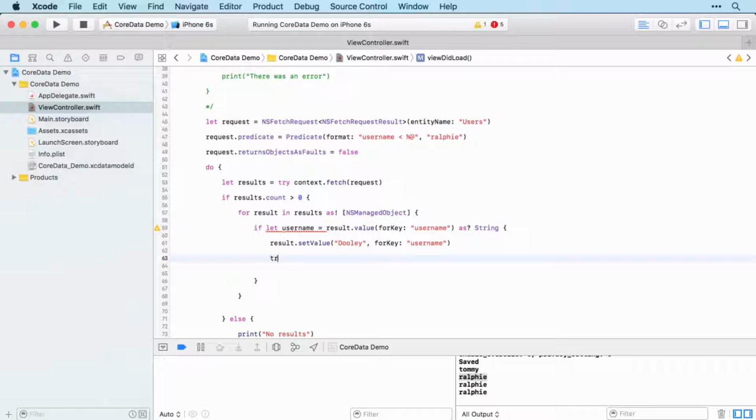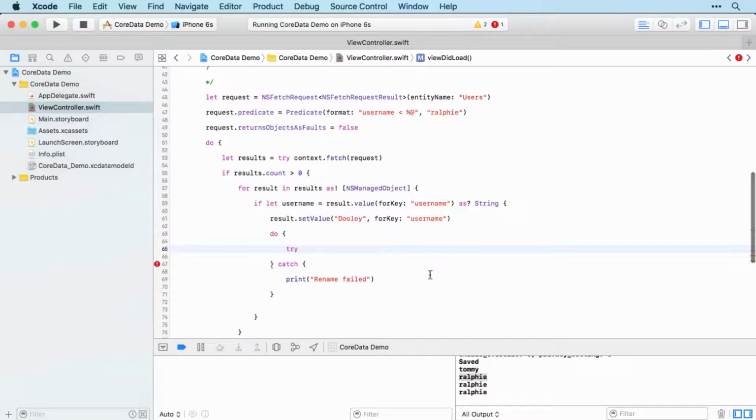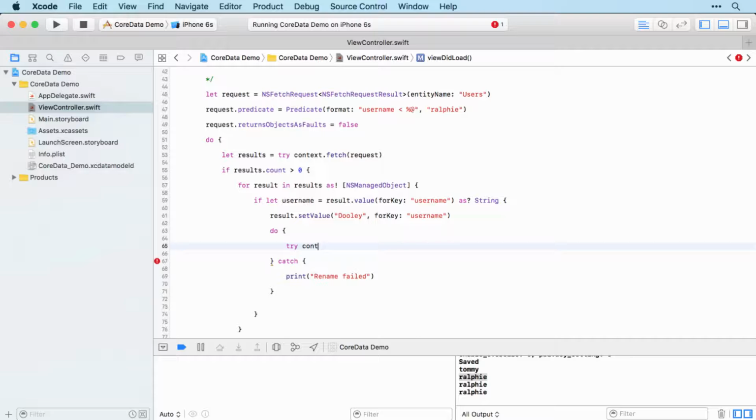So do, catch. So if this fails, I'll put a message, rename failed. And we're going to try to save the context. And that's it. So if we now run that,